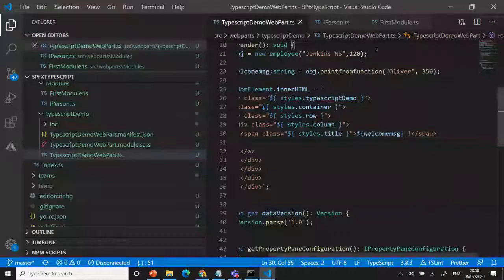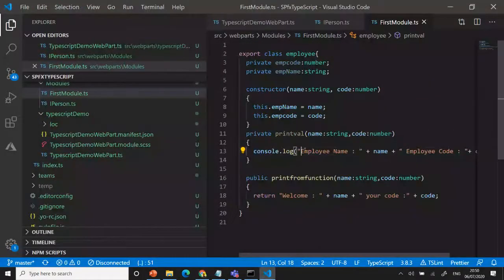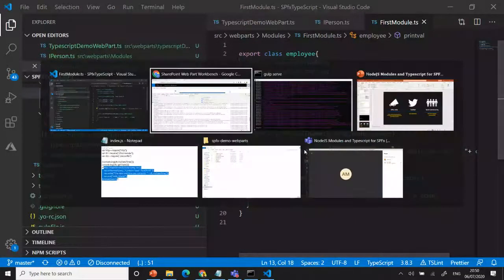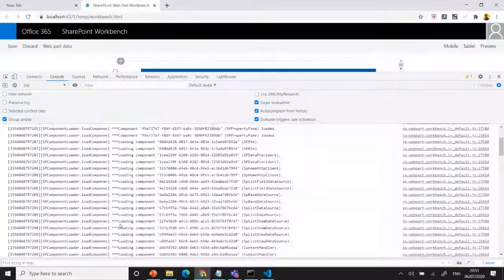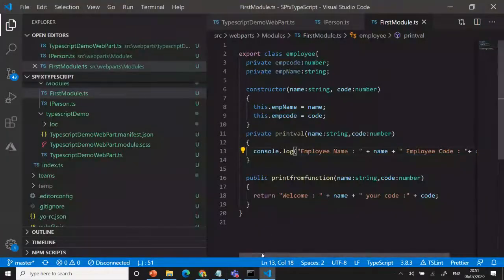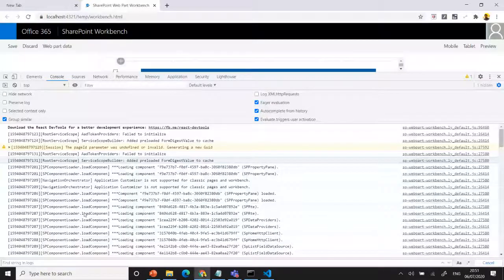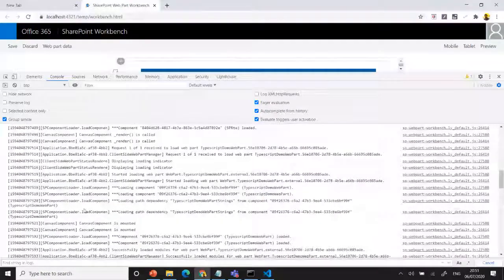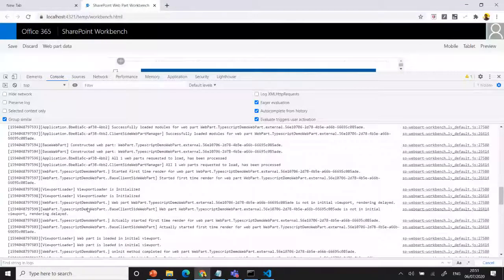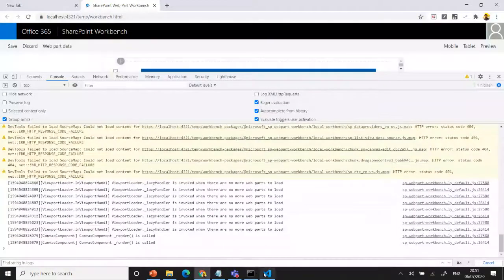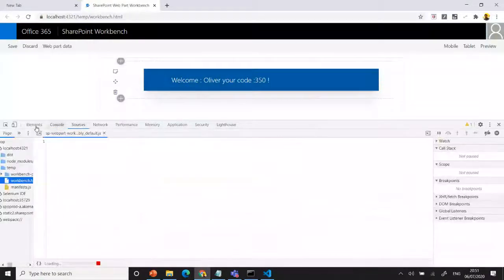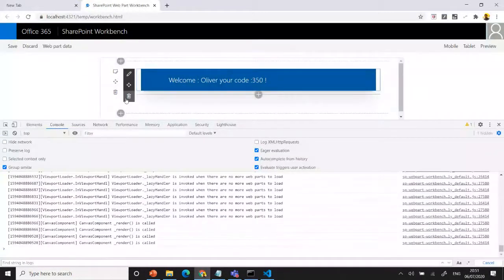You have the console.log, yeah. Once again, I add that method. Why is it not showing? Okay, I'll remove it.